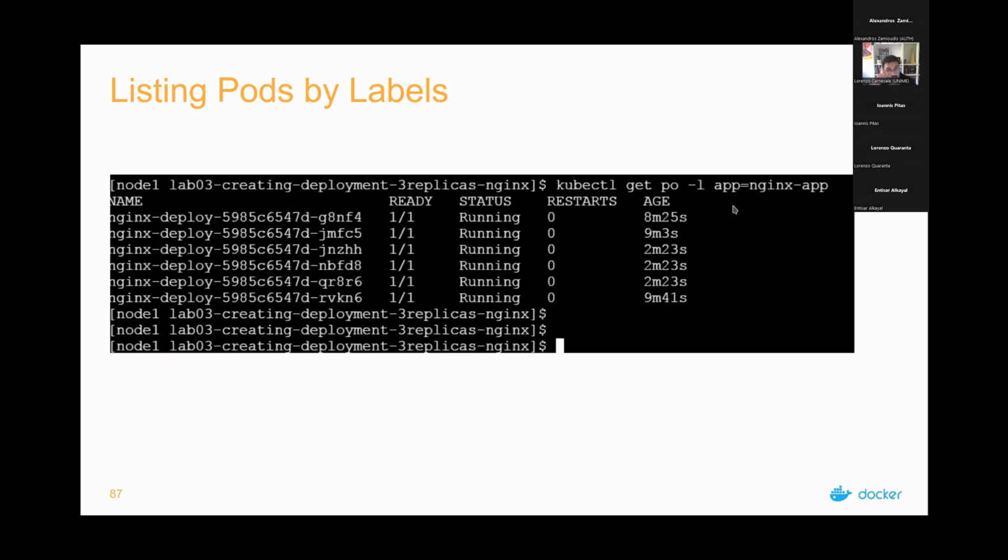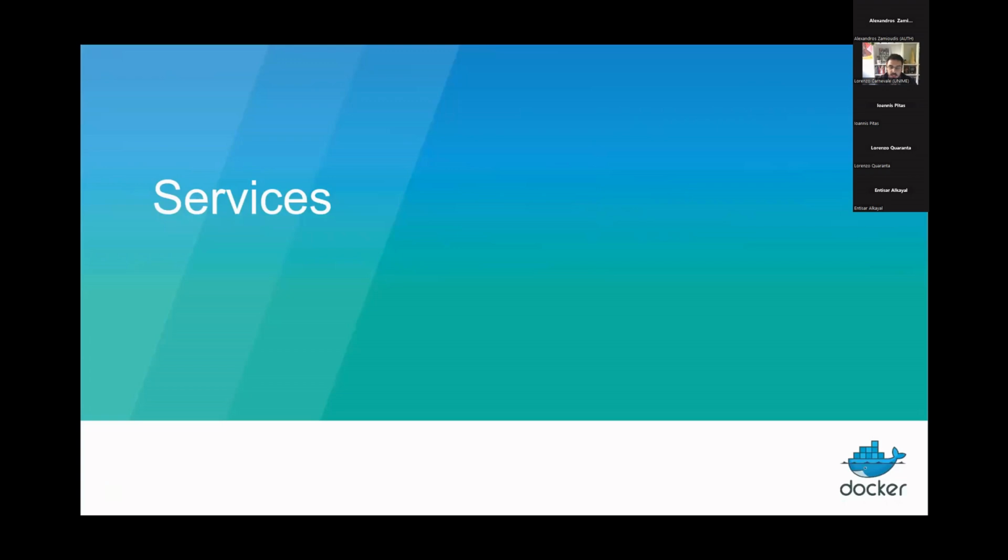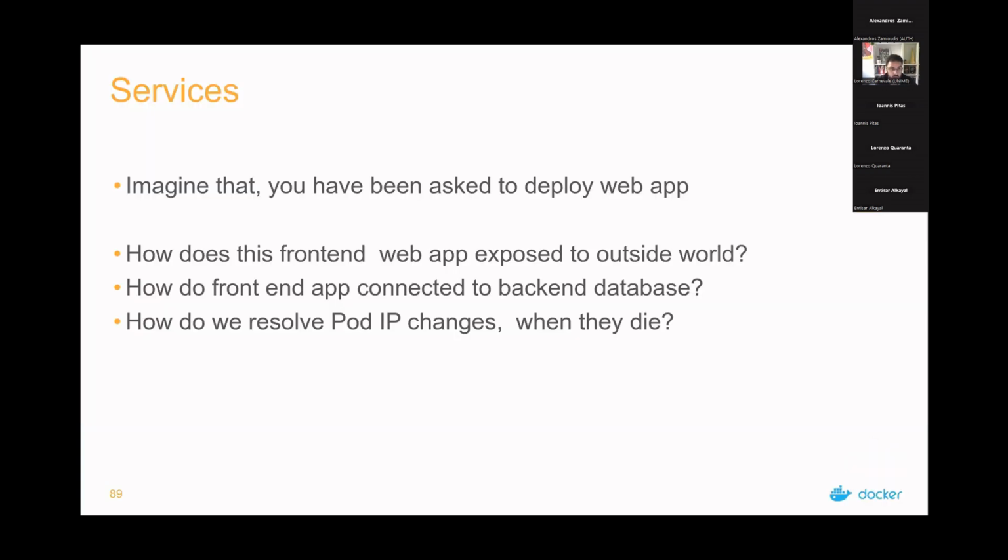We can list, of course, the pods by labels. This is with the label Nginx application. These are all the pods with the same label. And then, we switch now to the concept of services, and then we are going to complete the discussion about Kubernetes. So services,